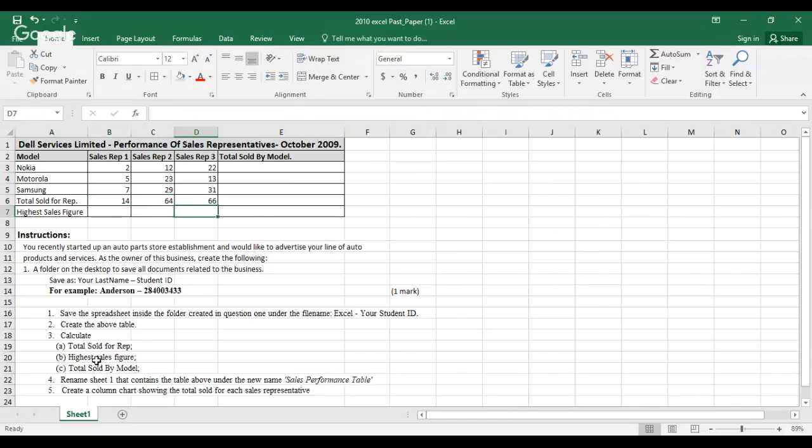The next thing we have to do is the highest sales value. So the highest sales value would come from these 3 rows. The highest here is 7, highest here is 29, highest here is 31. We can do that by using a formula that is called max. So if you click here in the cell where you want the value to go, and you go up to the ribbon and you select max,